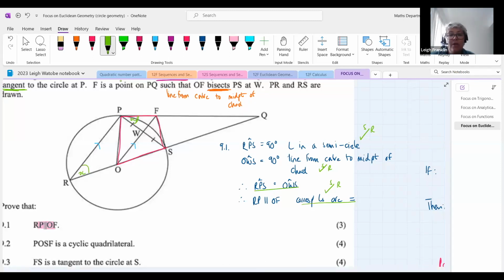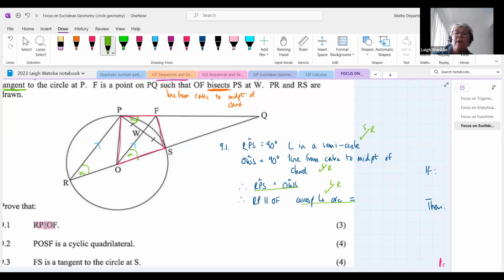There we go, Teddy, corresponding angles. So what angle corresponds with R? What angle corresponds with R, everybody? There we go, FOS. Not POS, FOS. Oh, exactly, FOS. This guy over here. All right, it's now a corresponding angle because we proved that RP and OF were